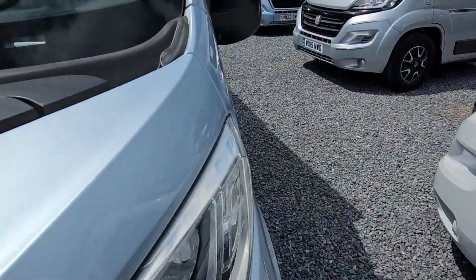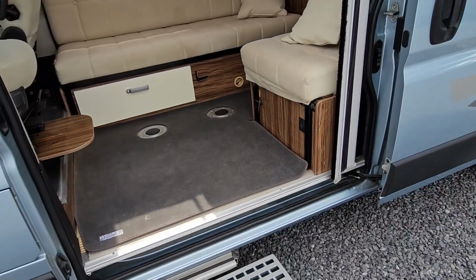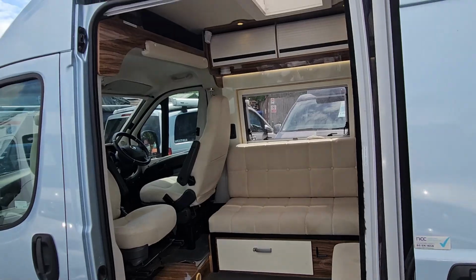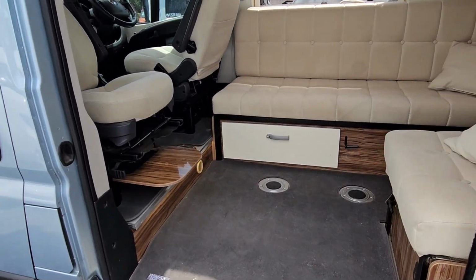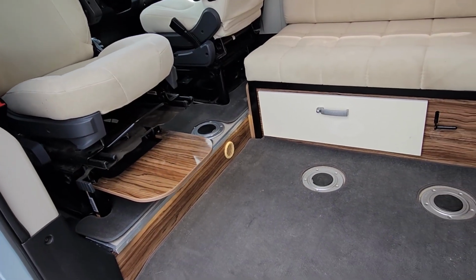So it's a Euro 6 van, but there's no AdBlue, so you've got the latest emissions compliance for your low emission zones, but there's no AdBlue needed. They tweaked the EGR valve. Fiat were the only van in 2019 that achieved Euro 6 status without AdBlue, so one less thing to think about. Twin swivelly cab seats, and then for your